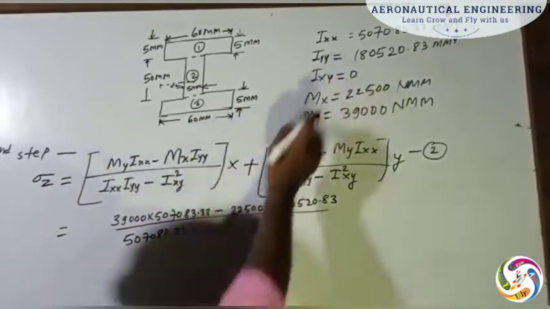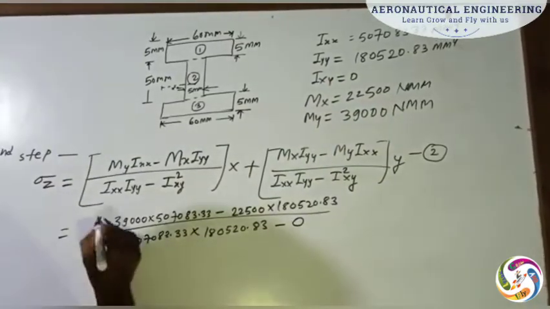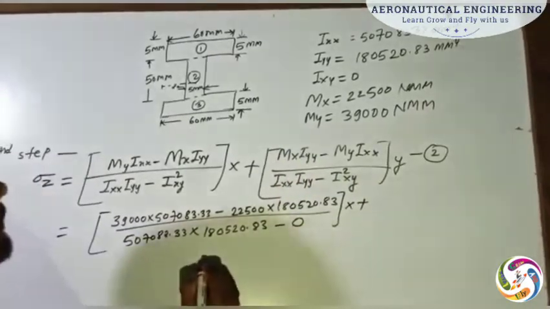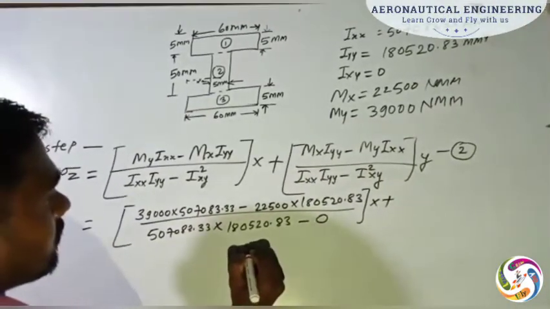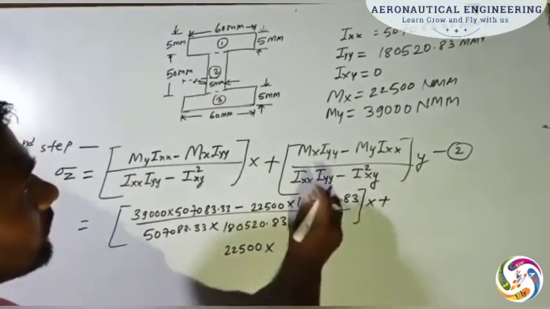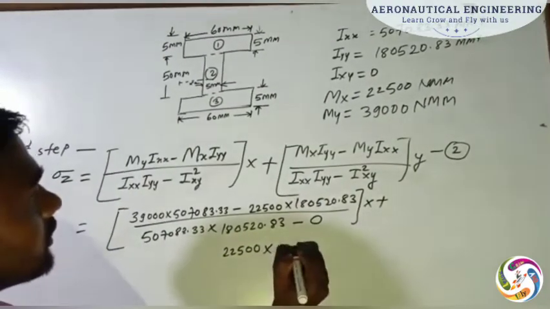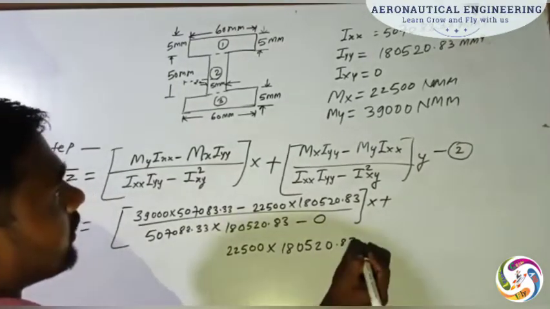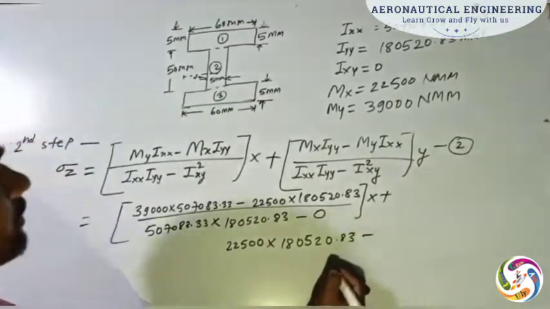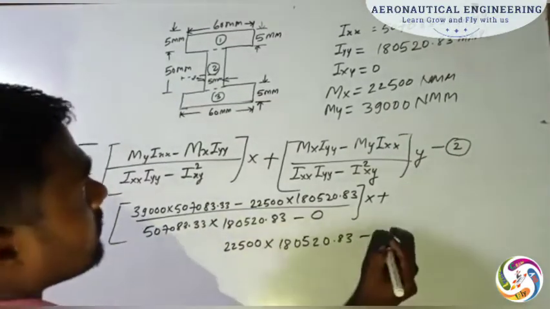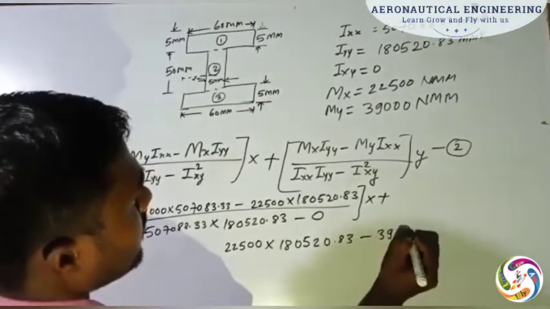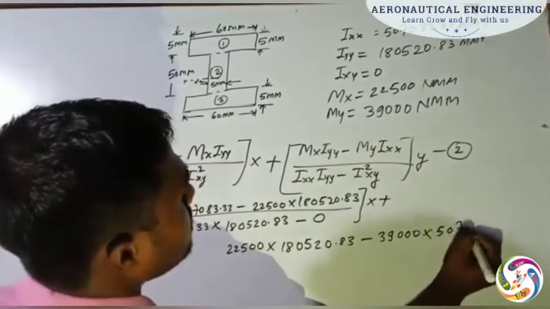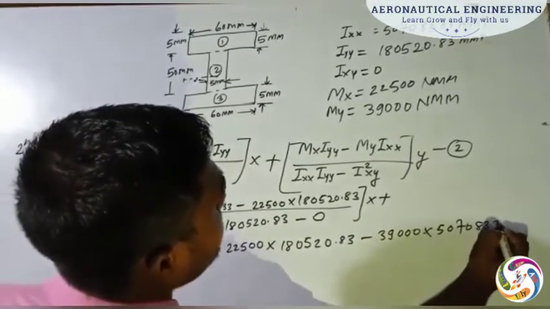The value of Ixy is 0, so this becomes 0, into x, plus Mx value is 22,500 into Iyy value 180520.83 minus My value 39000 into Ixx value 507083.33